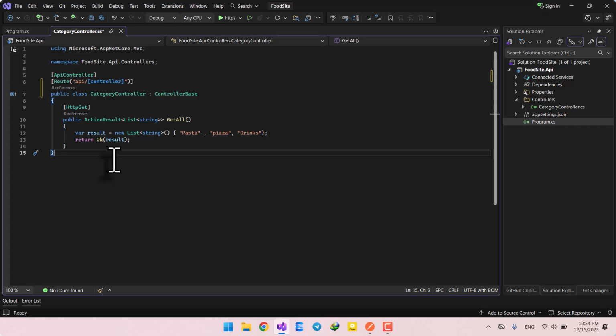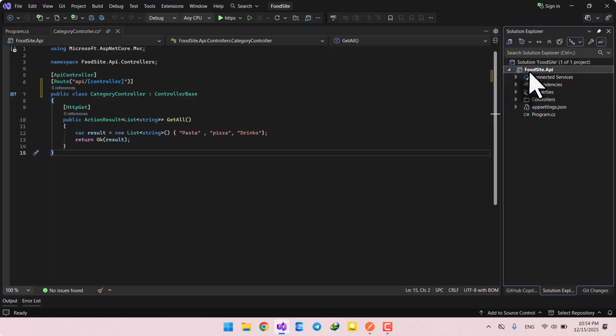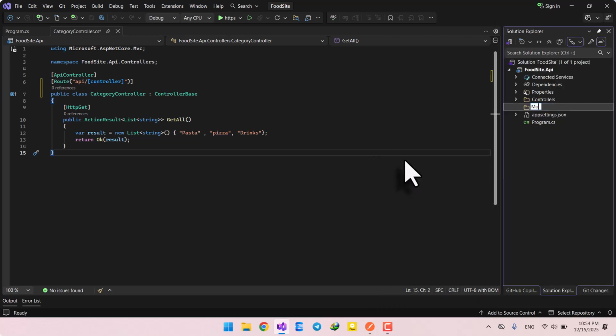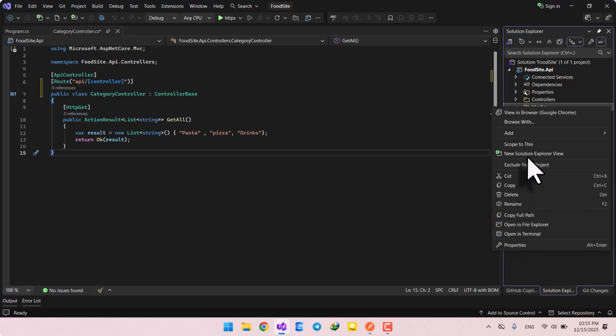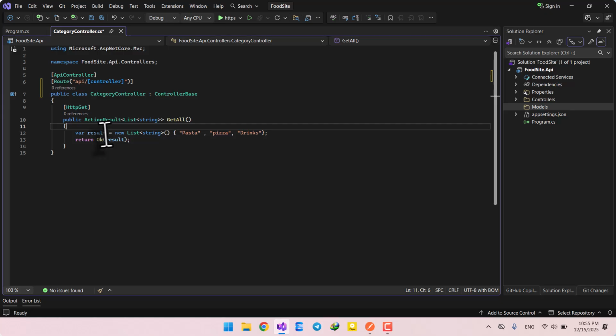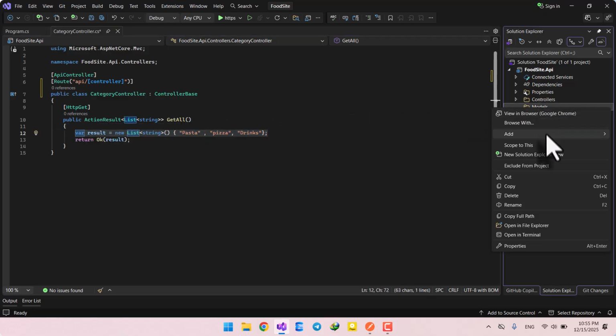But let's actually create some models for our API. So here I want to create a model folder. I believe I wrote it wrong. Let me rename this to Models. Okay. So here we are trying to return a list of categories, but instead of this,